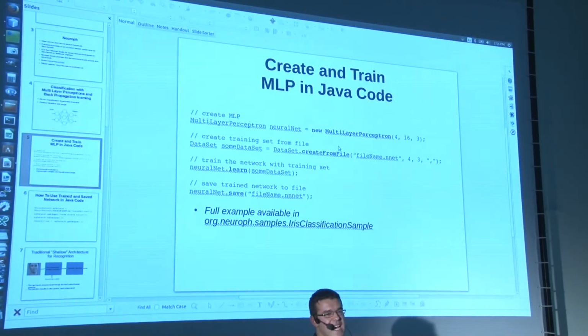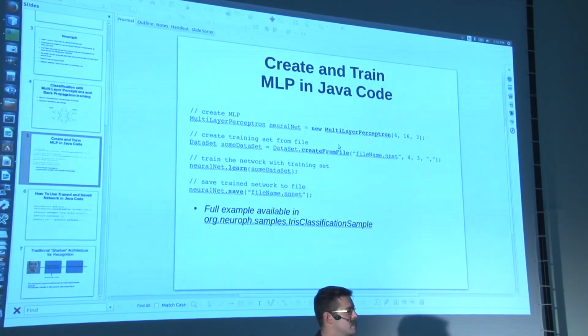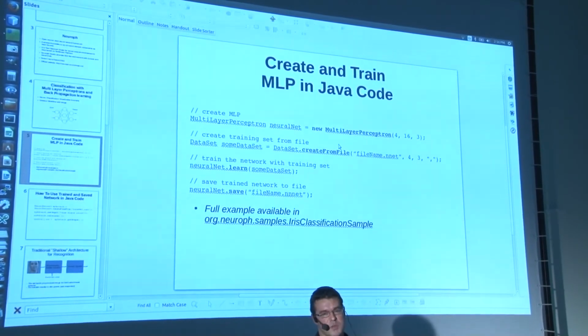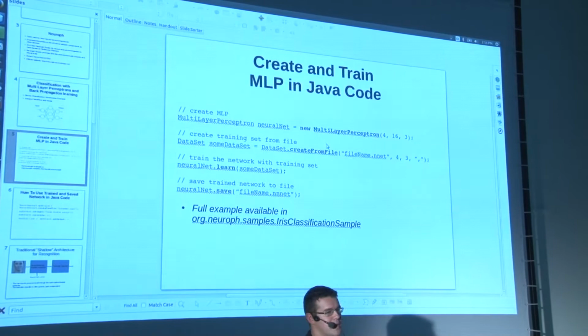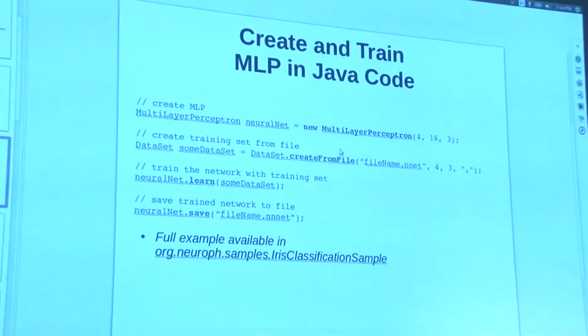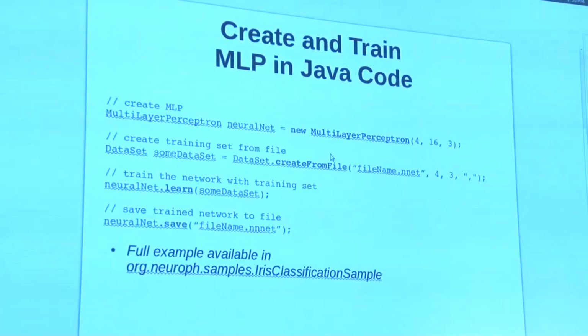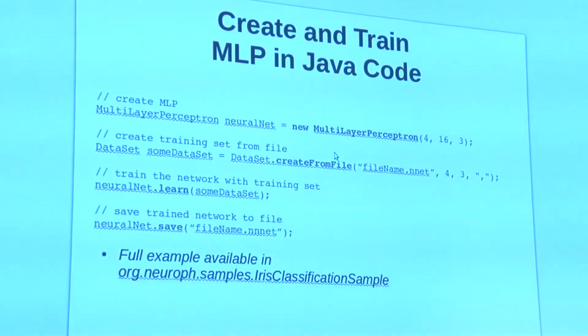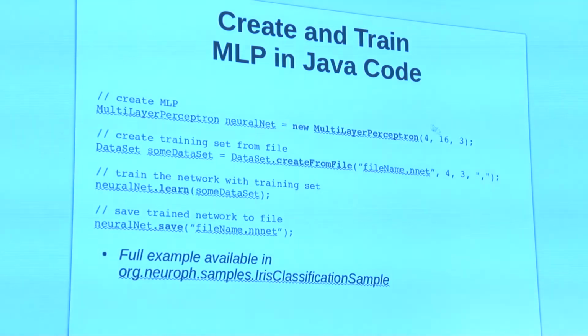constructor. The idea of creating Neuroph is to put the power of neural networks into the hands of mainstream Java developers. You don't have to be an expert in neural networks or machine learning to use Neuroph. You can just get familiar with the basic Neuroph API and create an instance of a neural network. Of course, you need to know what these parameters are, and in this case they correspond to the number of neurons in the input layer, hidden layer, and output layer.